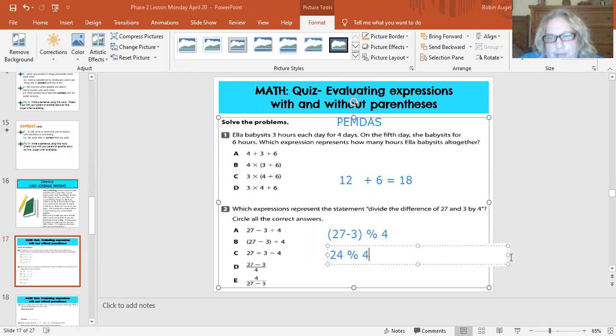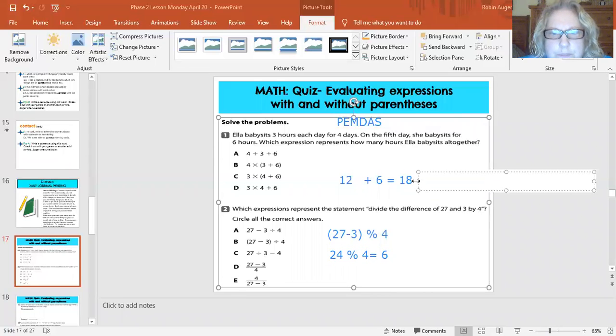Okay, and we should know our facts. 24 divided by 4 equals 6, because 6 times 4 is 24. All right, not bad, huh? So that was up here. I should probably put that back in the box here. So our answer is,